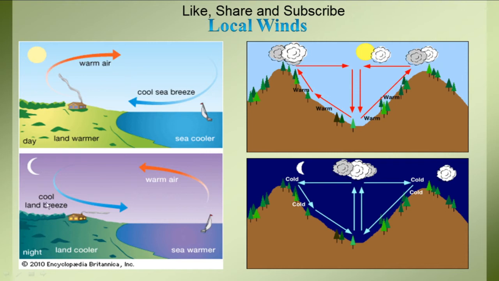So in the night time a cool land breeze is coming towards the sea, and from the sea a warmer air is coming towards the land. So again the local winds are passing in a counterclockwise direction. Likewise in the daytime, in the clockwise direction we can see over here, the cool breeze is coming from the water body and the warm breeze is going towards the water body. And in the night time, the warm breeze is coming from the water body and the cool breeze is going from the land body. So likewise these parameters are responsible for the local wind conditions.